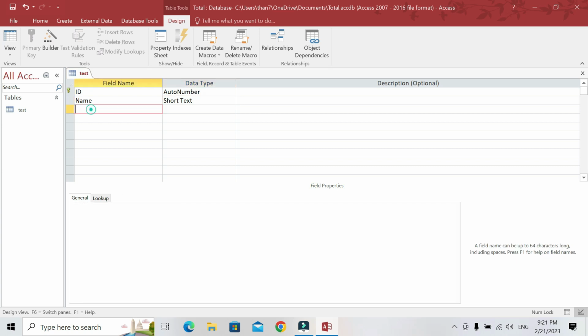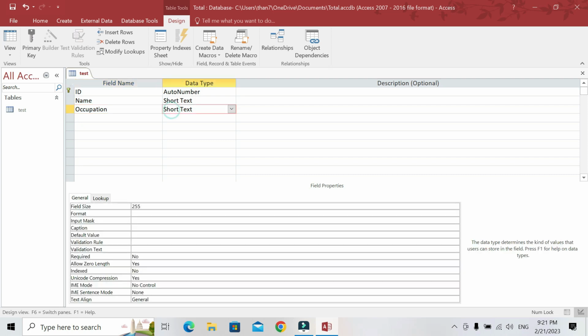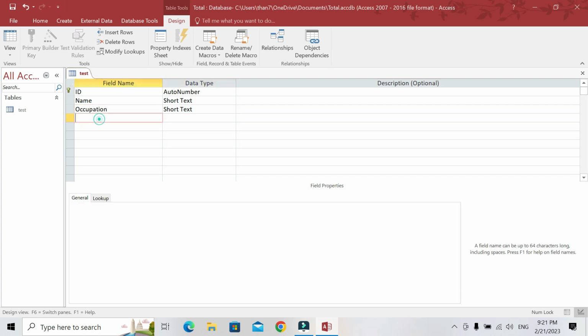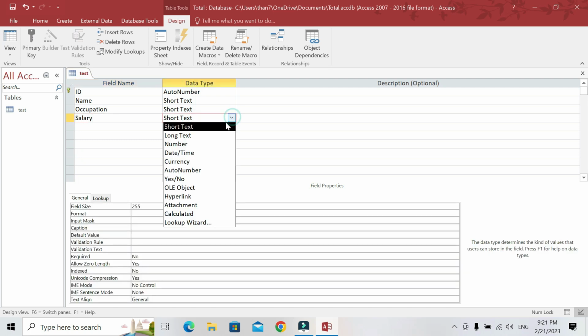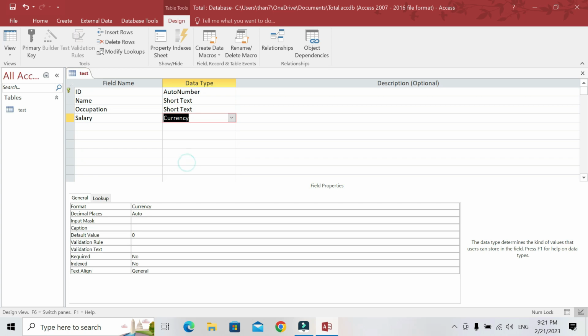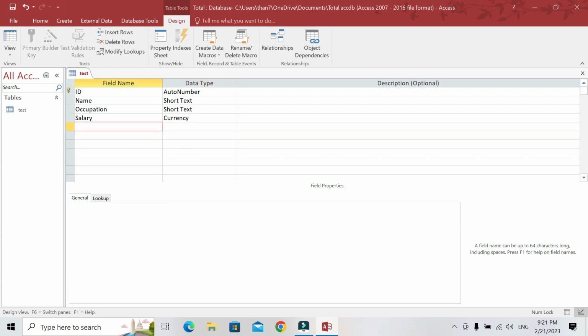Let's continue. ID, name, after that occupation. Occupation can also be short text. And then salary, for example. Salary is a number, but I think currency is better, so choose currency like this. So this is creating a table.